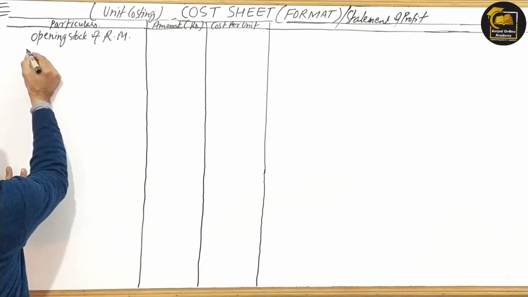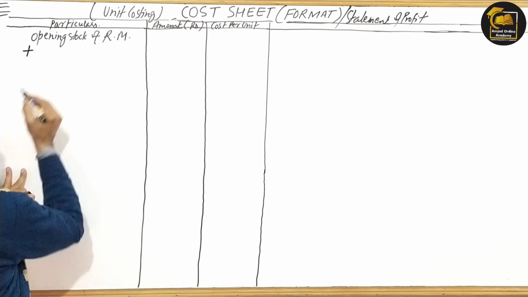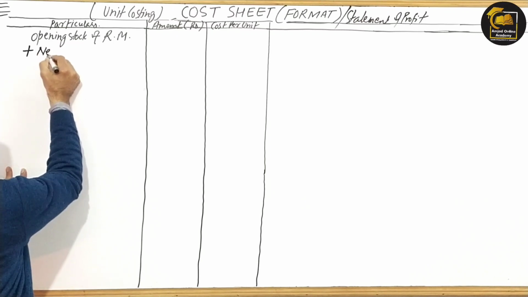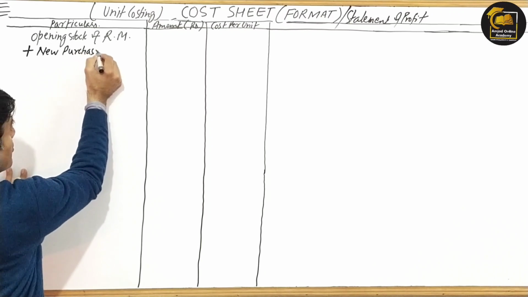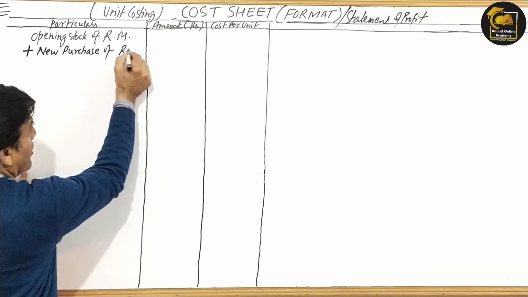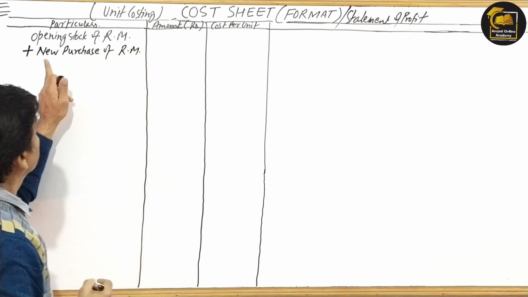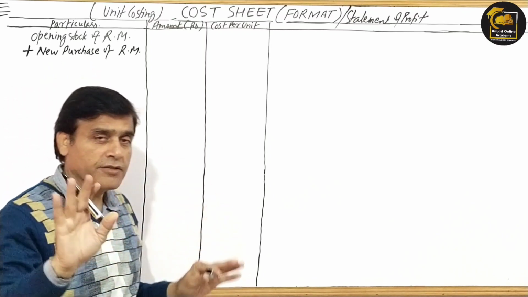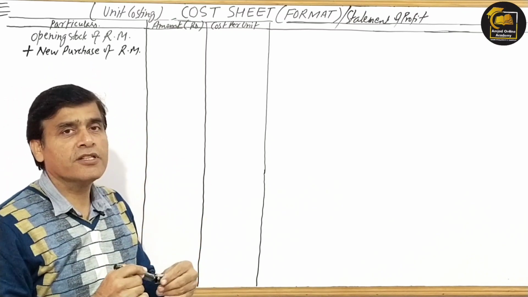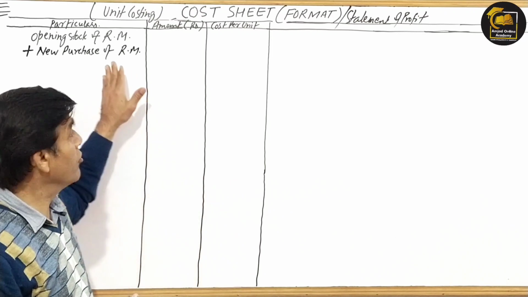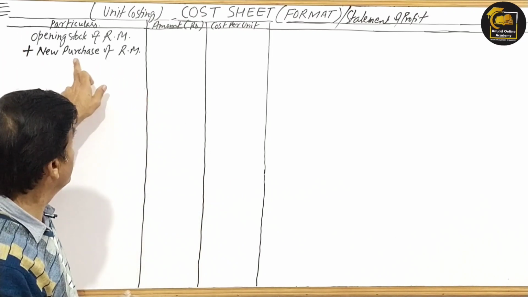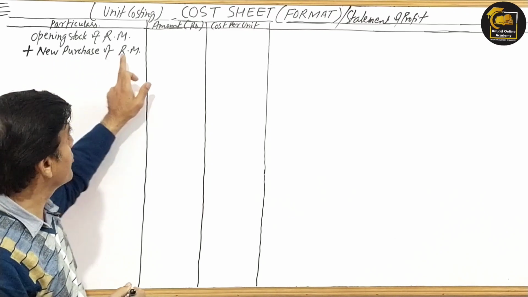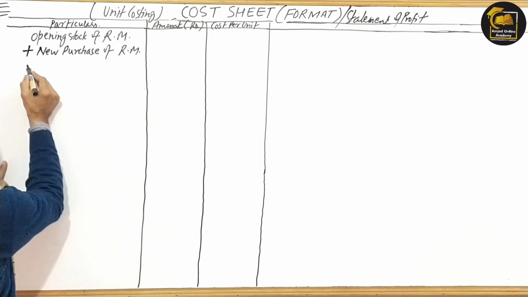Then plus new purchase of raw material. Again I am using the short form. New purchase of raw material, which will definitely be given in the question. If you are purchasing new inventory or new raw material, then it has to be added, plus. That's why I use the word plus. New purchase of raw material plus